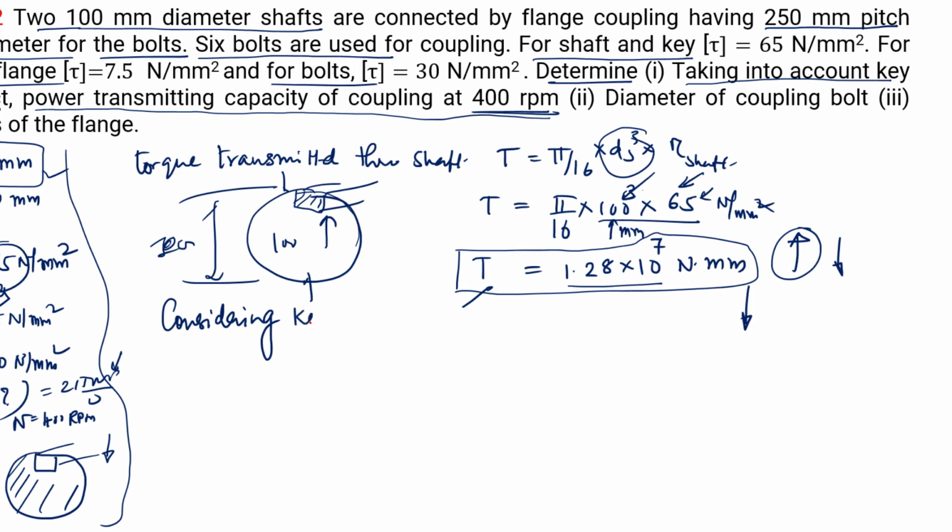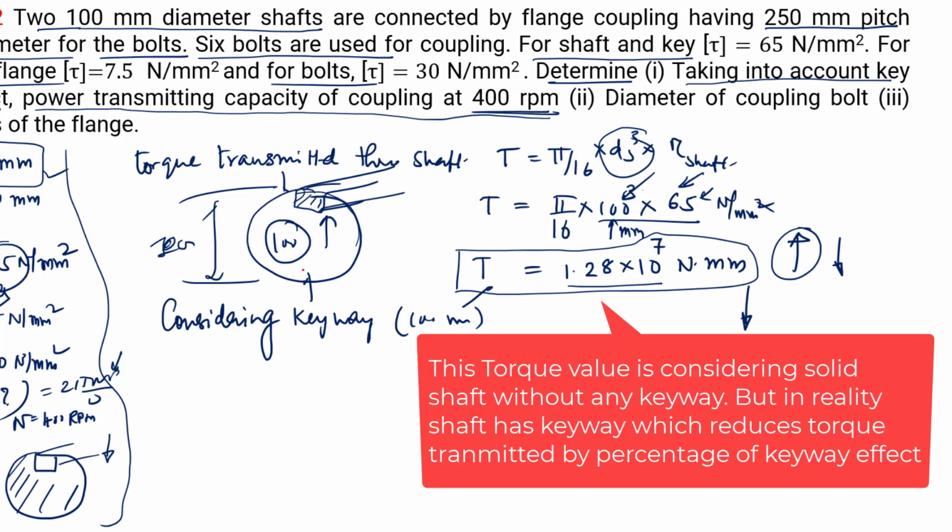So considering the keyway effect in the 100 millimeter shaft diameter, we do not have to find the shaft diameter, it is given. What we have to do is fix the key. For that we have to mill away, make this keyway with a milling machine. And hence we are weakening the shaft dimensions. What is the meaning of that? We cannot change 100. So the dimension is fixed, then the actual value of torque which can be transferred is lower. From the theory you can transmit this much torque, but because of the presence of the keyway it is of lower value, right?